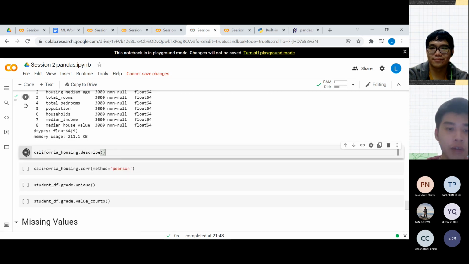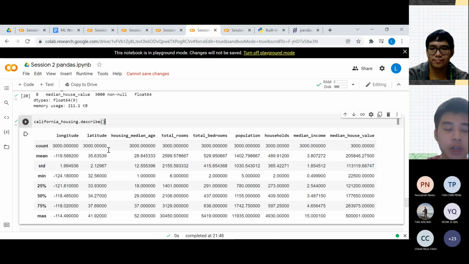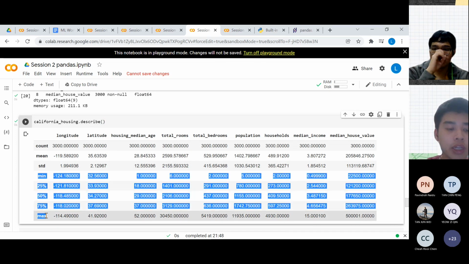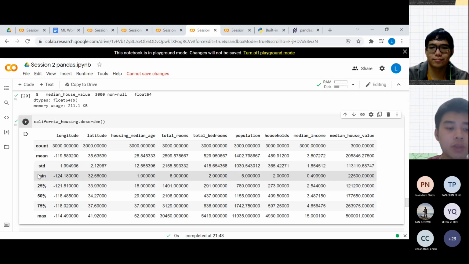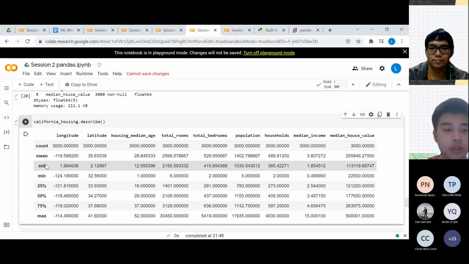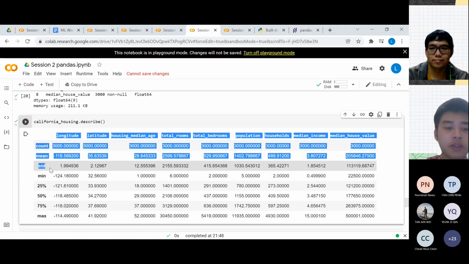So you can see that all are floats. Another function is describe. Describe will give you the 5 numbers summary, which is being 25 and so on. Aside from these 5, you also have additional ones like count, mean, and standard deviation for each